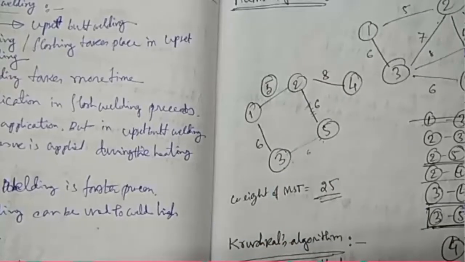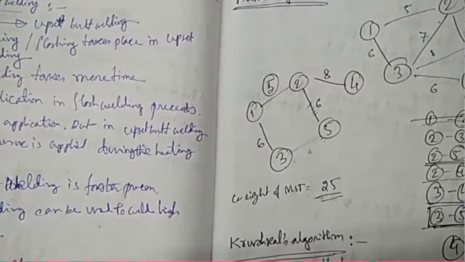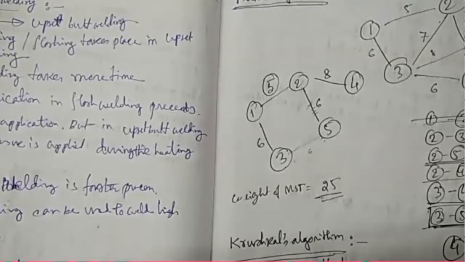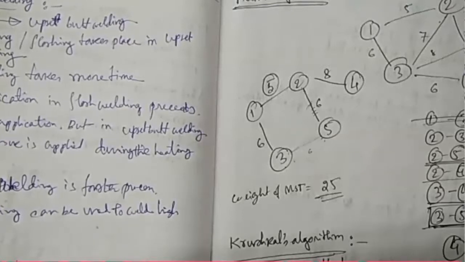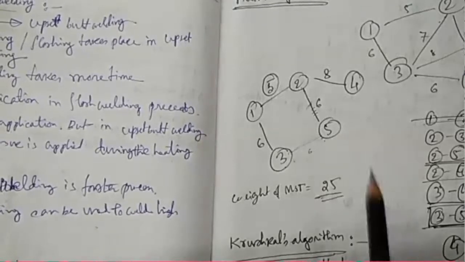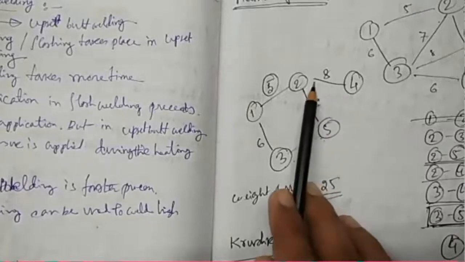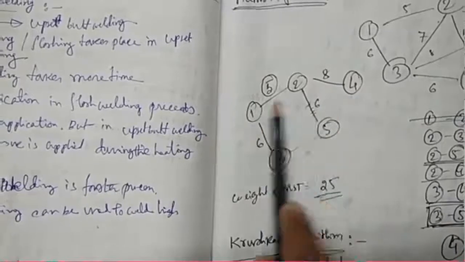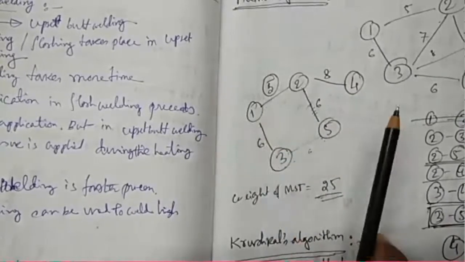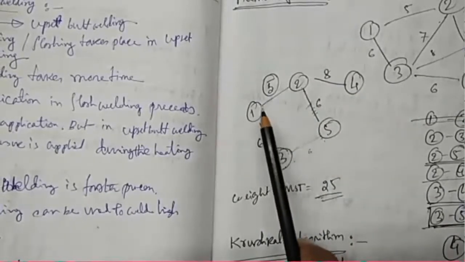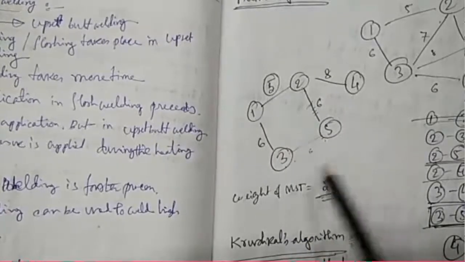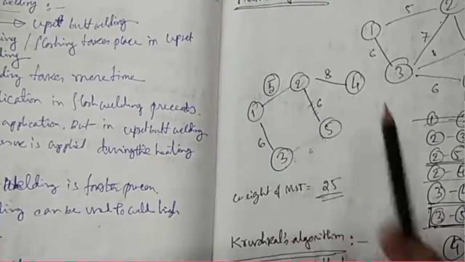Now look, to join 4 into the spanning tree, what are our options? Either you have to join 1 4 or 2 4 or 3 4 or 5 4. So if this 2 4 is imaginarily deleted, then to join 4 into this portion, we have the options to join either 1 4 or 3 4 or 5 4. Now it is said that this C2 4,